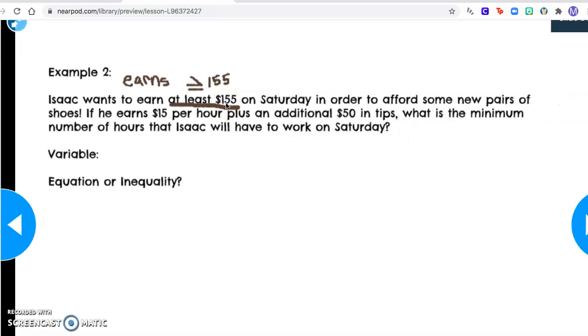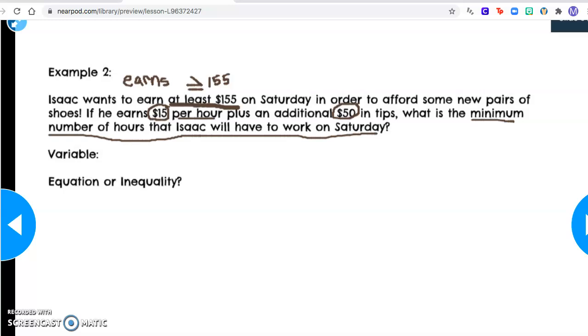Okay, now because he wants to afford some new pairs of shoes. So here's the deal. If he earns $15 per hour, plus an additional $50 in tips, what is the minimum number of hours that Isaac will have to work on Saturday? So we're trying to figure out how many hours he needs to work in order to make at least